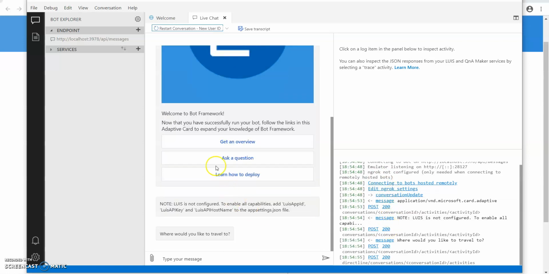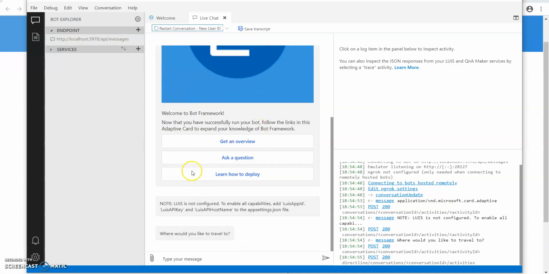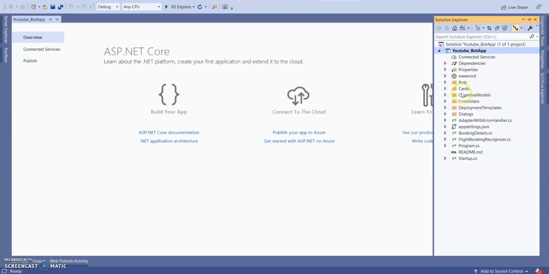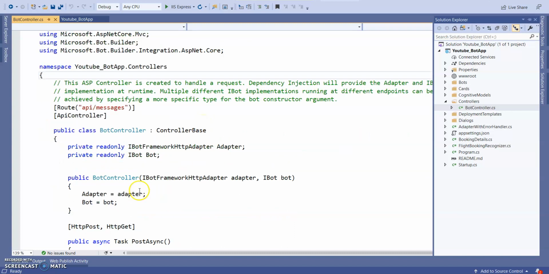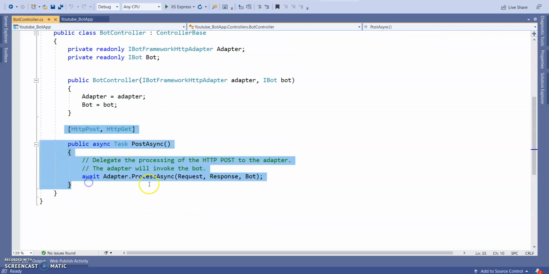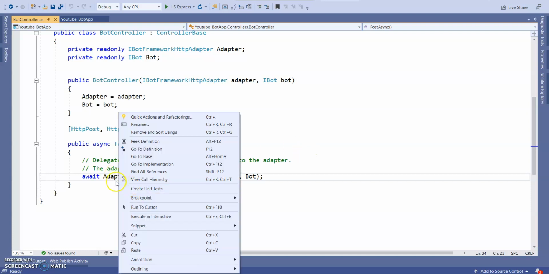So you can see now we have added it and automatically it's replying with some messages. So let's see how this message is coming. Go to Visual Studio, stop the application. You can see here in Solution Explorer, controllers. This controller has BotController.cs. Upon this BotController.cs file, you can see this is the API they are hitting. So let's see where the adapter is and how it is working.